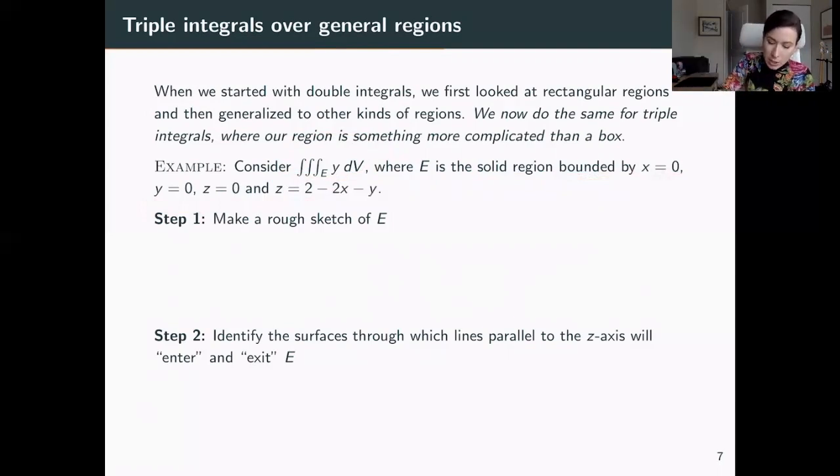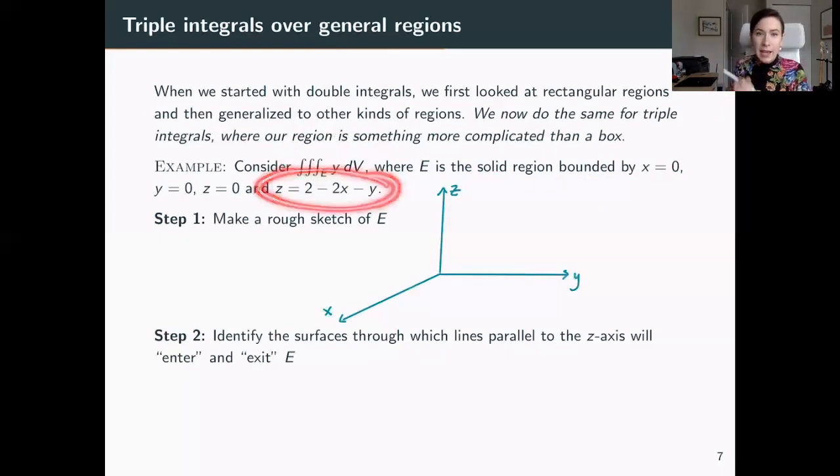So in this case, whenever we're dealing with a triple integral, we need to always make a rough sketch of the region that we are working with. So here I've got my z, I have my y, I have my x, and we can notice that this is a plane. We are definitely bounded by the plane x equal to 0, and the plane y equal to 0 bounding here,